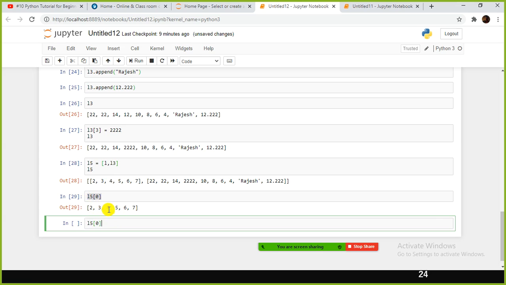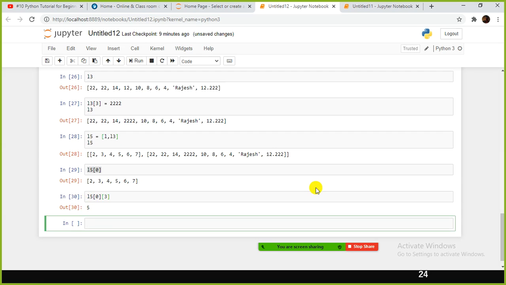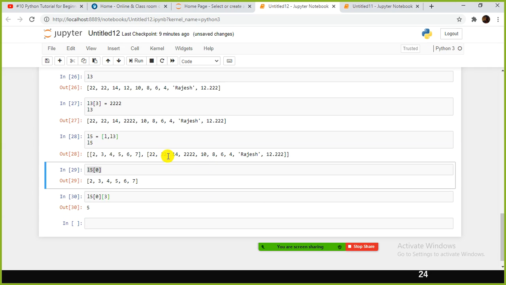For example, L5 of 1, then 0, 1, 2, 3, right? You need to use an additional index like this. Two layers of slicing. Same way you can do it, and you can select any specific value.